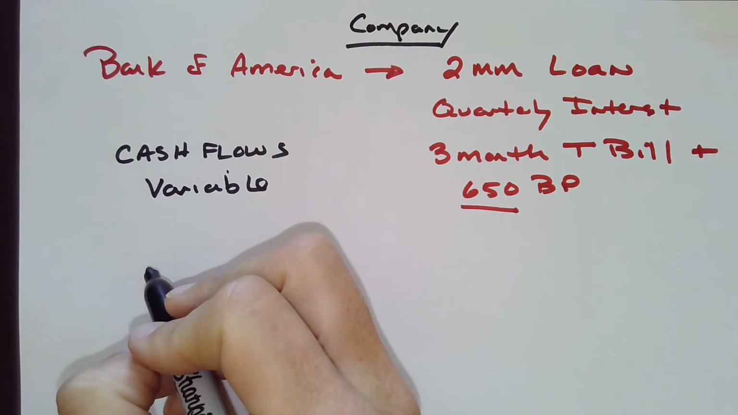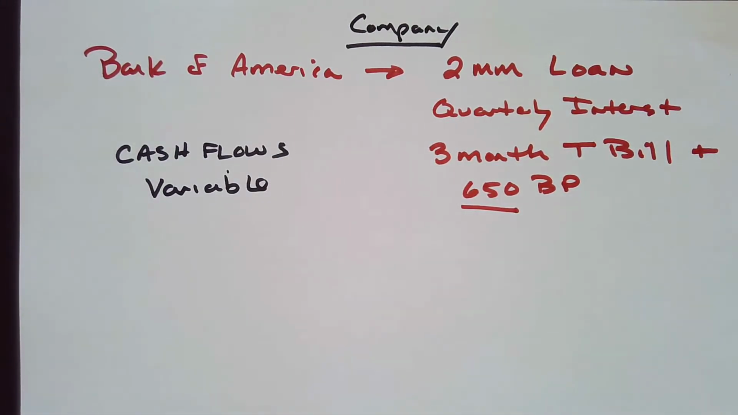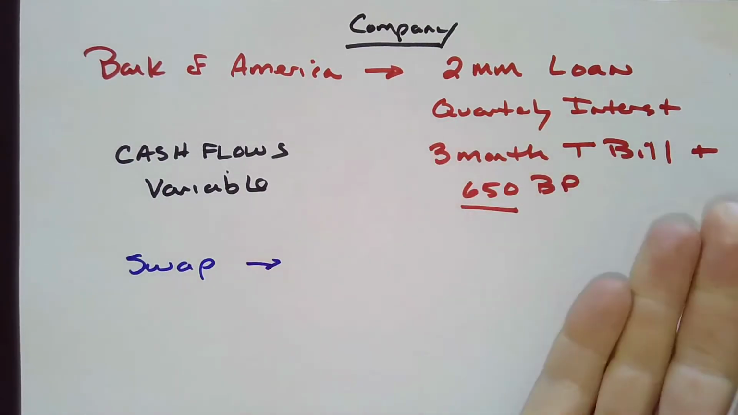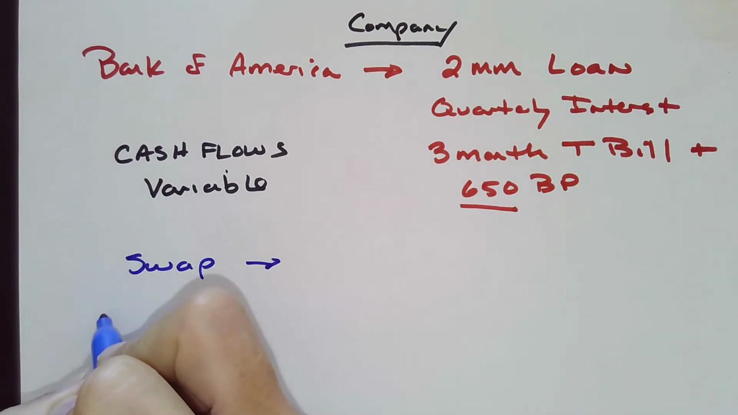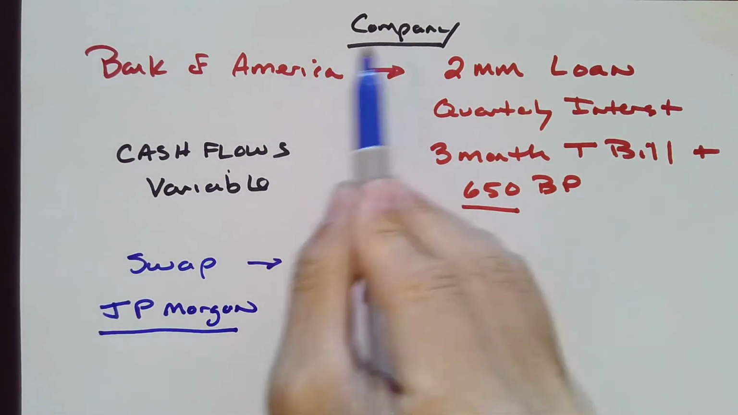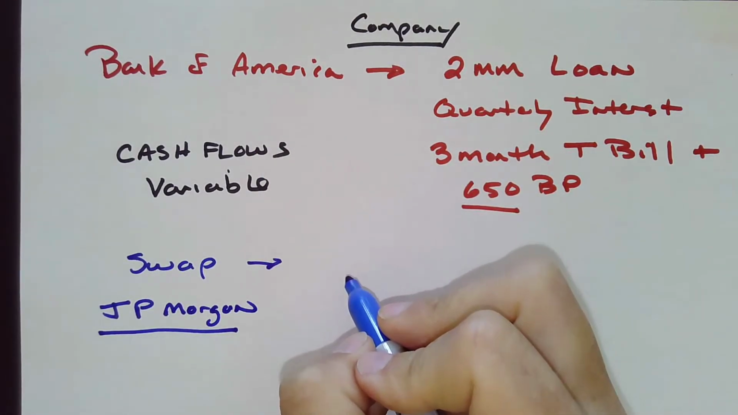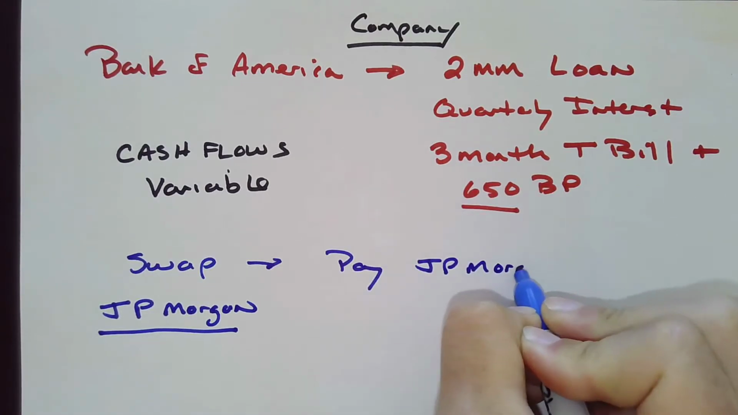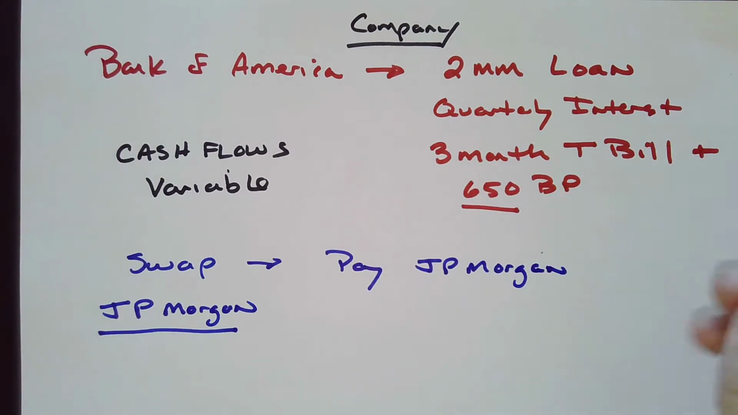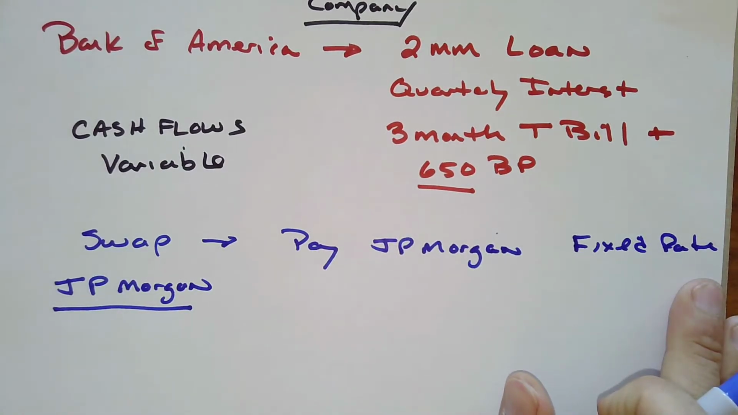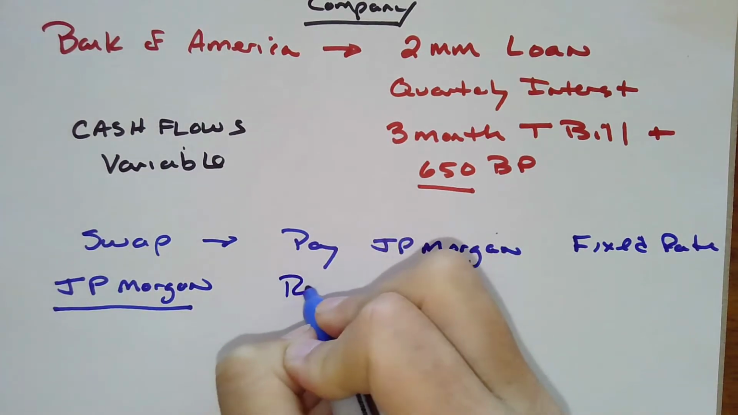So they decided to put on an interest rate swap. In the interest rate swap, the company pays the swap counterparty. In this case, we'll make the swap counterparty J.P. Morgan. So we're doing the swap with J.P. Morgan. We did this loan with Bank of America. So the swap agreement requires the company to pay J.P. Morgan some fixed rate. Whatever that fixed rate is, we don't know. It doesn't really matter what the fixed rate is, but they're going to pay J.P. Morgan that fixed rate. And they're going to receive from J.P. Morgan